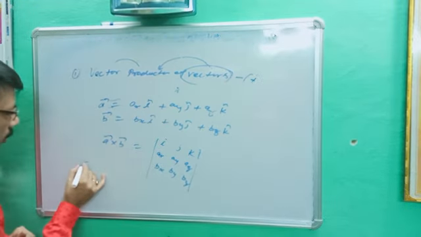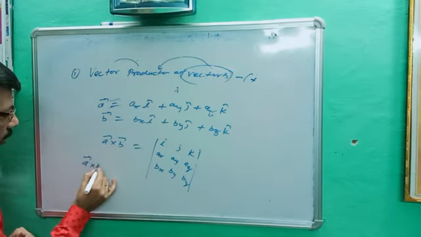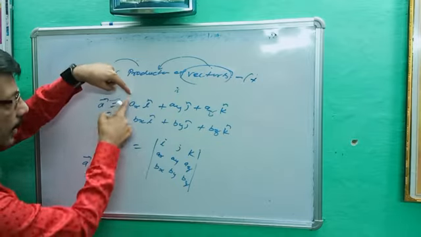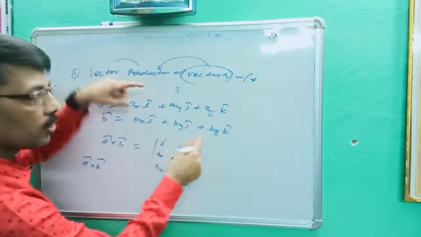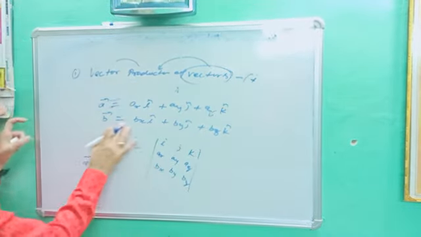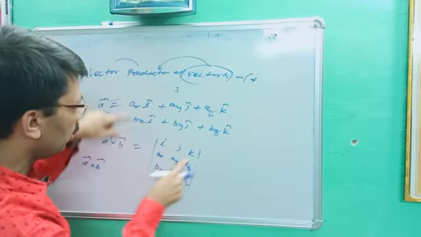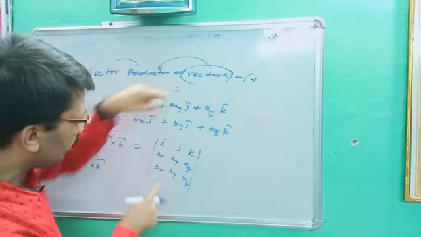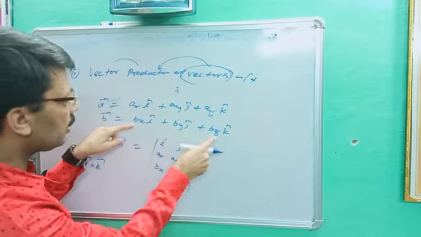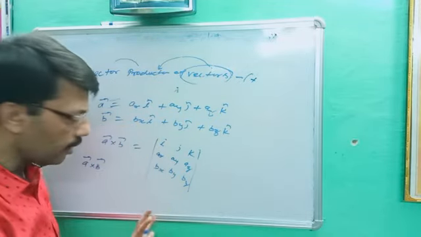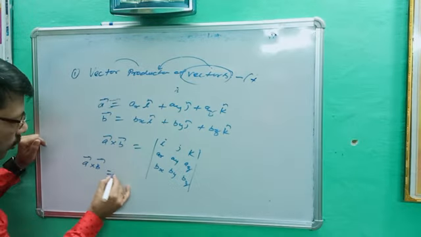Now start solving A vector cross B vector. If dot is given, directly you can write ax bx, ay by, az bz, and your answer is over. But in cross product, you have to do a lot of work. First you put i, j, k as common in both. Components ax, ay, az, bx, by, bz. Okay? Now here it is equal to.